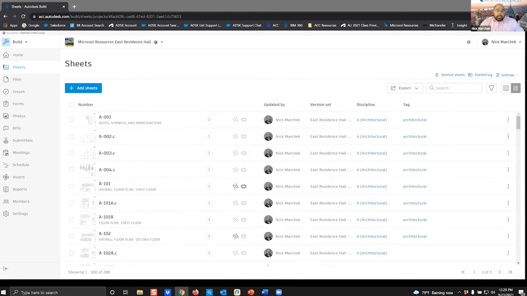The PlanGrid mobile app itself has access to Sheets as well. It makes for easy use in the field, which is why once we move our documents to Sheets, all of the work is generated from them rather than PDFs like we had done before. I will show, time permitting, the PlanGrid mobile app here at the end of this build discussion so that you can get a feel for the differences in terms of what it looks like versus what we're seeing in